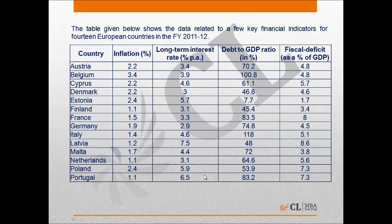The table given below shows the data related to a few key financial indicators for 14 European countries in the year 2011 and 12. From the table, we can check the given parameters like inflation, long-term interest rate, debt to GDP ratio, fiscal deficit of the given